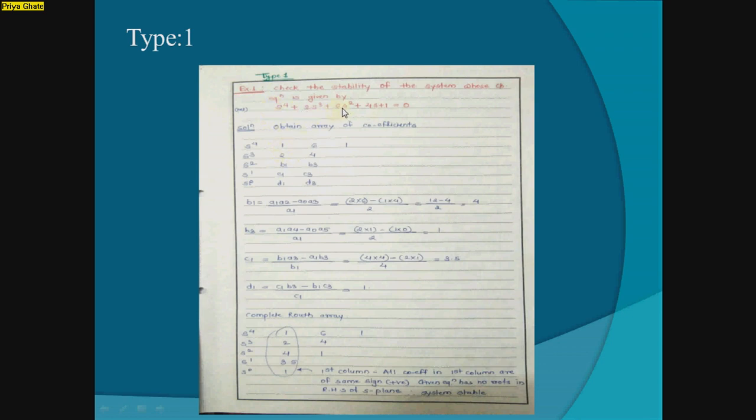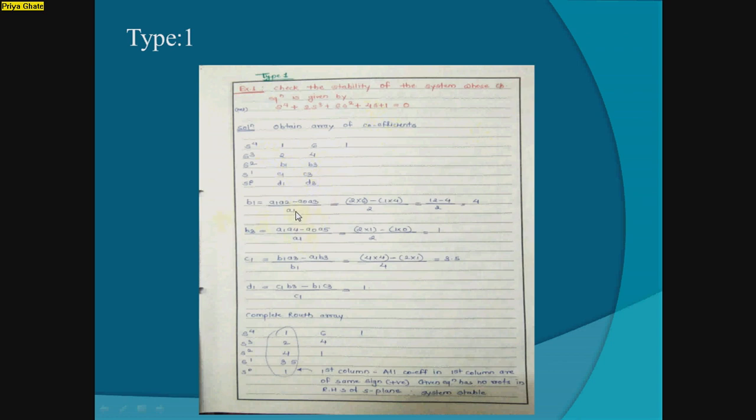Alternately, we are not taking 2. Here a3, we are going to take the a3 value, and that value is 6. 4 we are not taking, 1 we are taking. We are writing 1 here. Now in the second row we are writing 2. Then we are not taking 6, we are taking 4. Now we have to find the values of b1, b3, c1, c3, d1, d3.